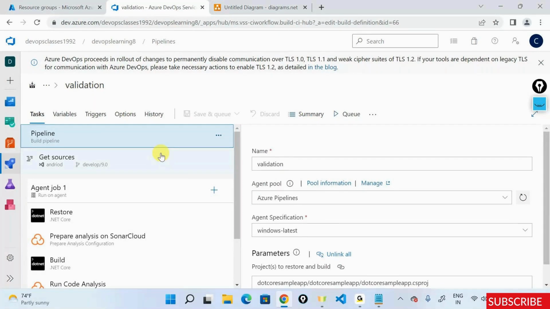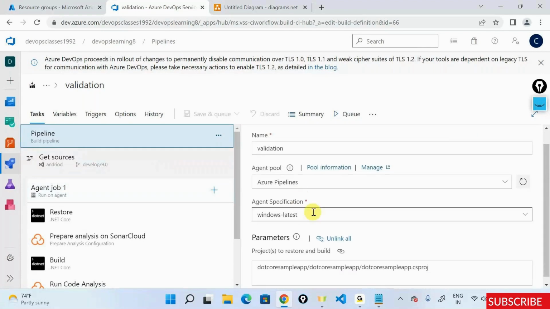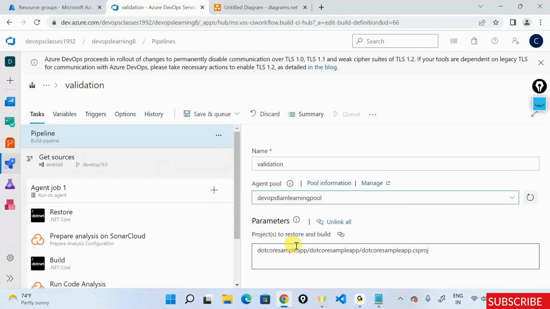But if I am doing something like my own agent pool, and let's say this pool has about 10 agents running, and you also have parallelism enabled on your Azure DevOps, then what's going to happen is that you are the first developer. You created a pull request. Validation is running and checking your code. At the same time, the second developer has triggered this. Even for the second developer, validation will get triggered, and this will run on the second agent. So this is going to run in parallel, provided you have parallelism, and provided you have multiple agents in your pool. Yes. Any more questions here?